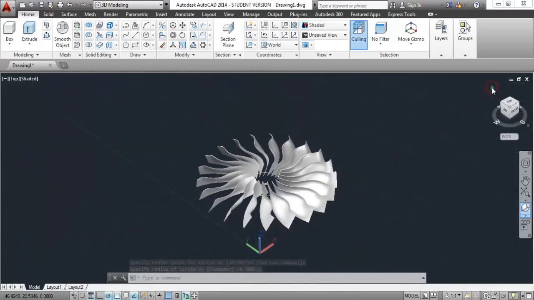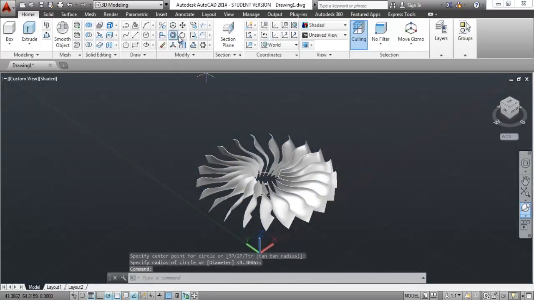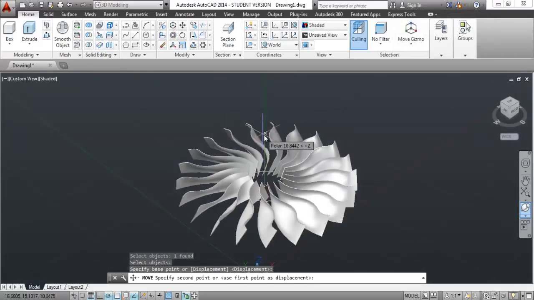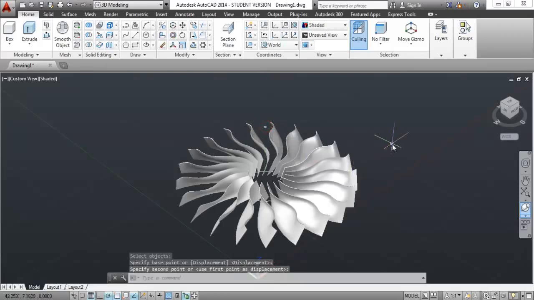Okay, now click on the home icon and here you can see that it's made correctly. Now select this and we need to move it. So go to the move tool, select the circle and drag along the Z axis and move it to a certain height. Okay, so this height seems good.